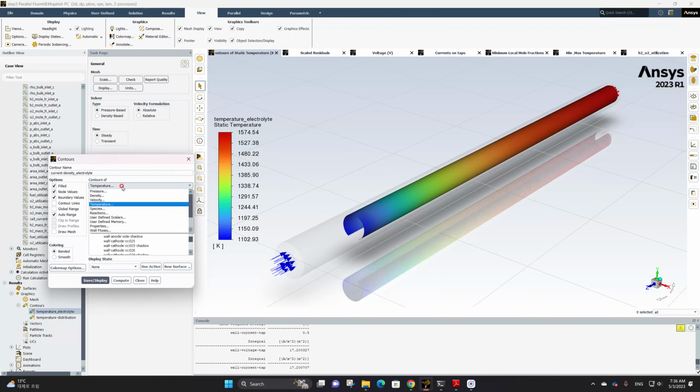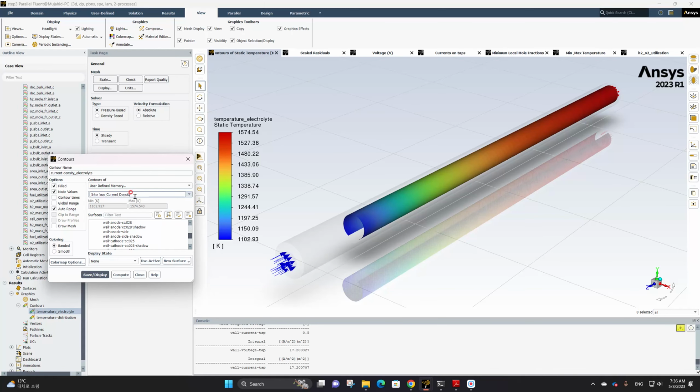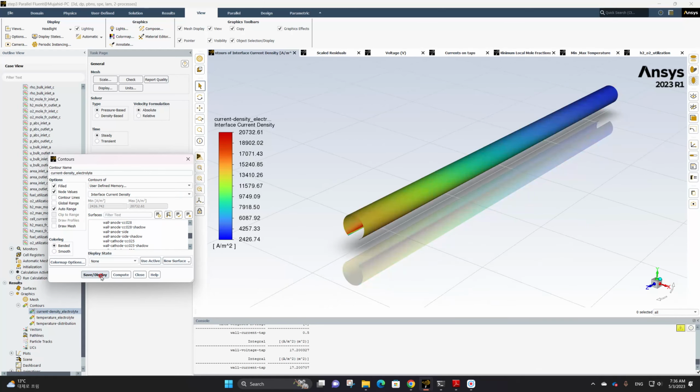And this actually uses defined memory. Interface current density. You see the interface current density, it is almost the same as given in the tutorial manual,